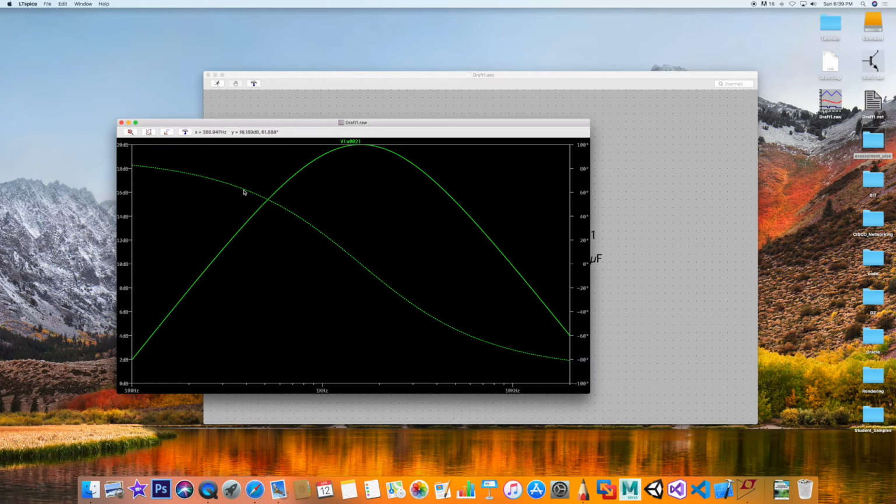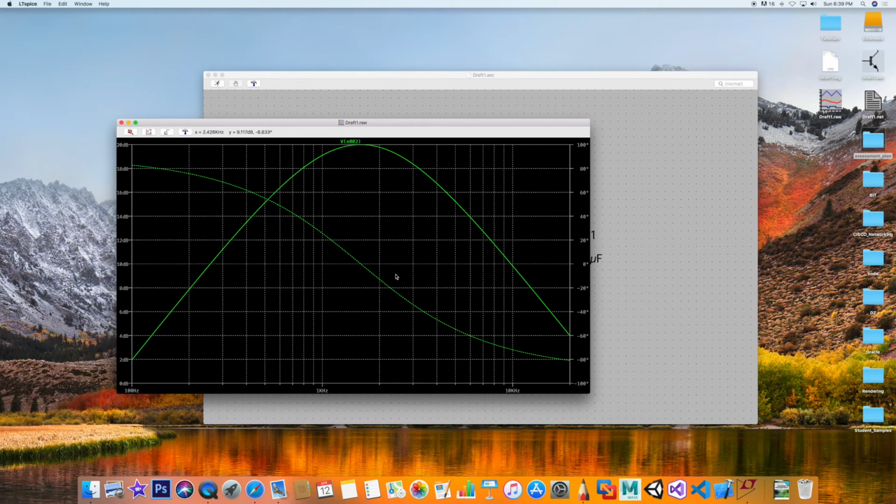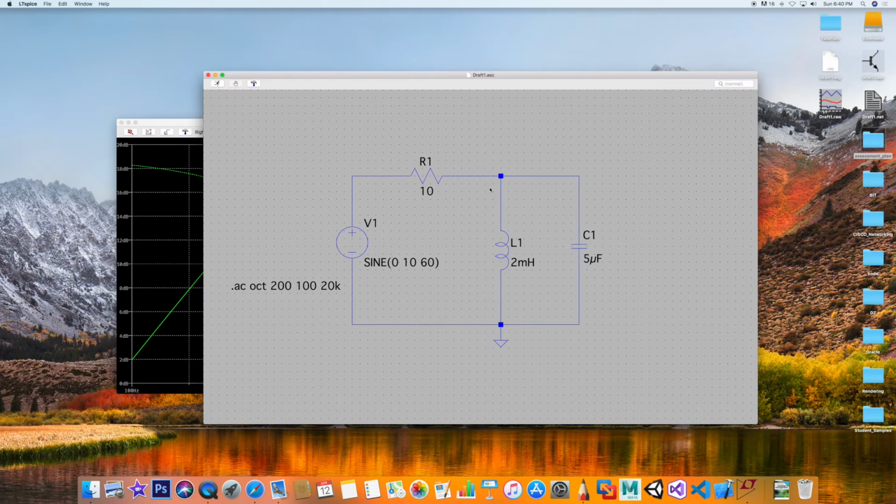Well, this curve right here shows you the phase shift. And if I put a grid here, we could see that at 0, right here is your max. And it's 1.59 kilohertz. Fantastic. And notice where my mouse is. This is at 0 degrees. That is resonance at that level where it's neither capacitive or inductive. At 0 degrees means the circuit is resistive, which means this whole impedance here,